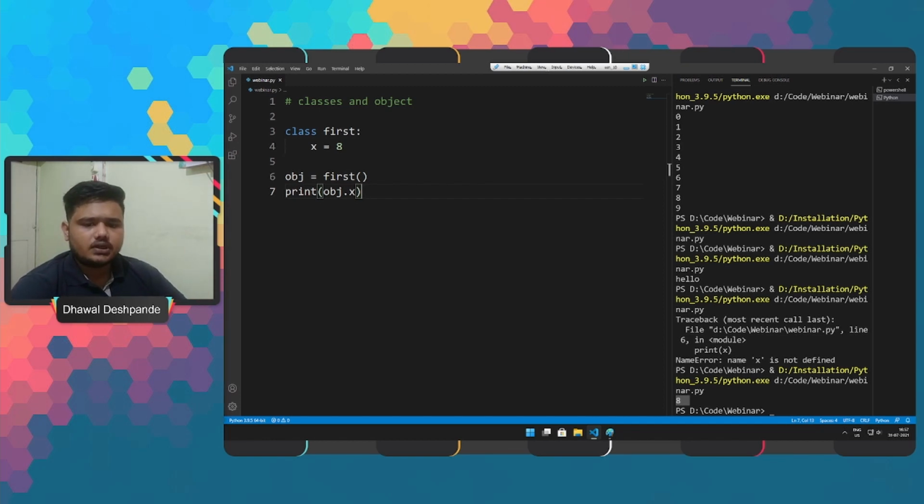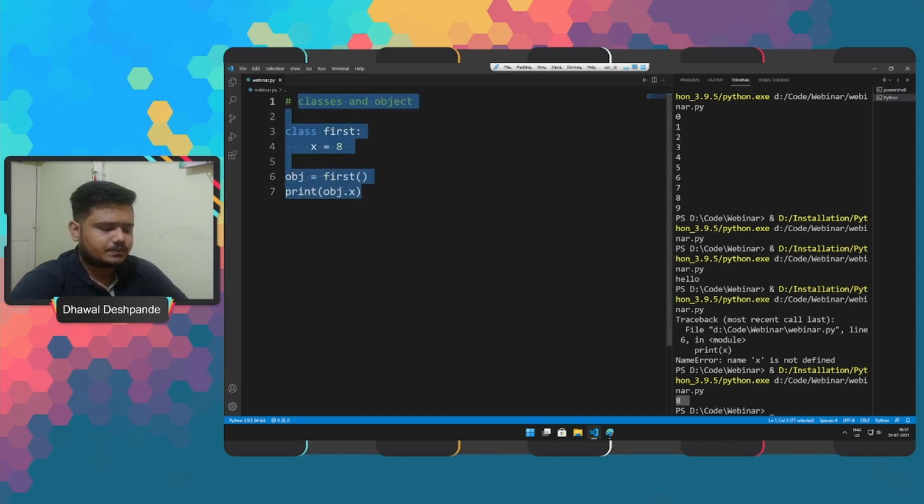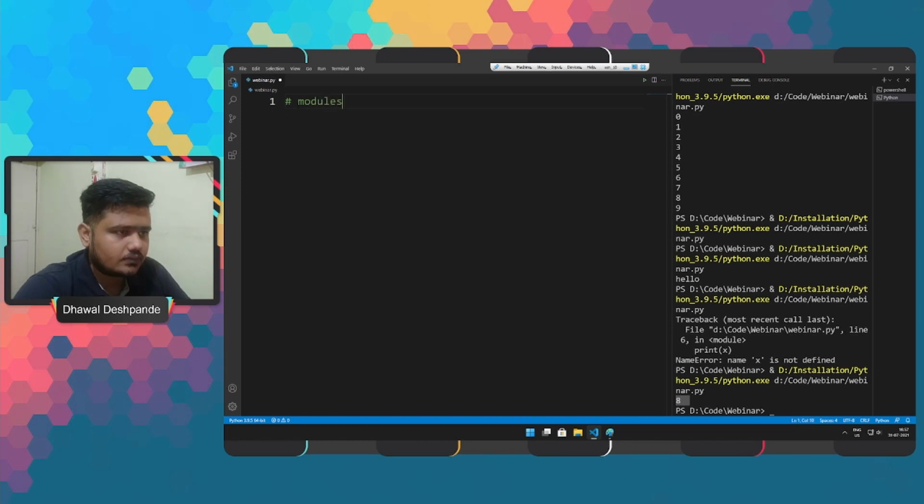So moving forward, the next thing that we will discuss is modules. What exactly are modules? Basically, modules are the code libraries that Python provides us, right? When we say code library, it is a file containing a set of functions that we want to use in our application, right? So when we talk about a file, we have to make sure that those particular files are first imported into our program.